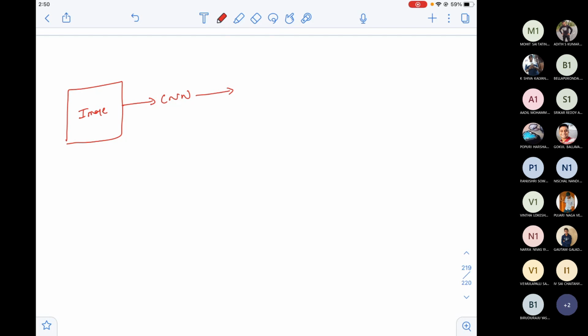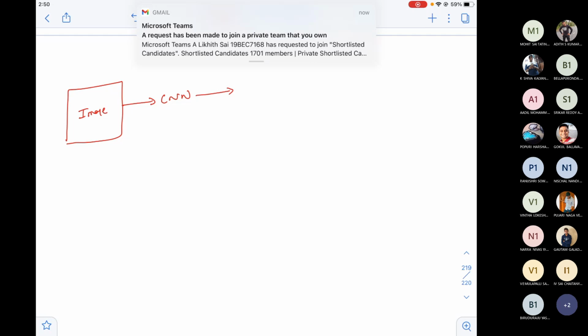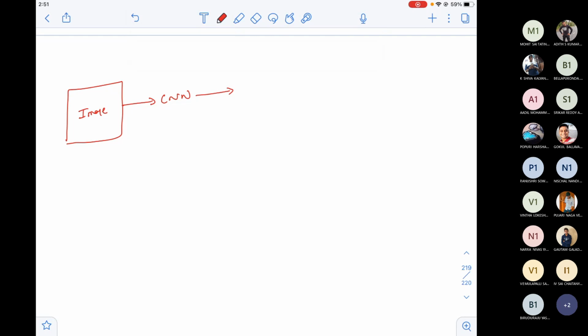Okay, so I pass the image to the CNN. Now, I also want the regions, right? I also want the boxes. So I will take the region proposals that I proposed. Again, how did I propose the regions? The same thing: I'll find out the similar pixels. Maybe here it is there. That box will come here.